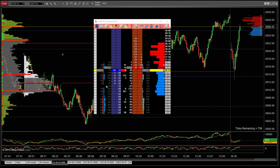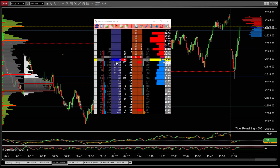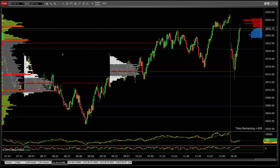If you look over here on the level 2, you can see that it actually skipped over a level in their attempt to get this up, and you can see all the volume is literally on the buy side as they attempt to get this up. It was holding at 2850 there for a little bit, and basically they were able to push it up through there, and now they're on their way. They weren't able to, during the day, conquer the level that they hit pre-market,